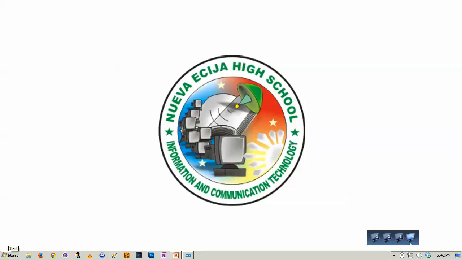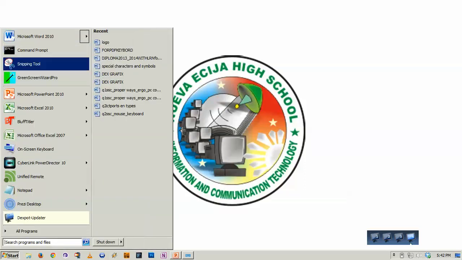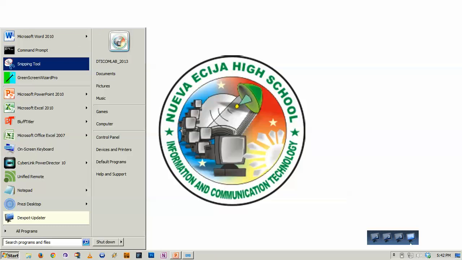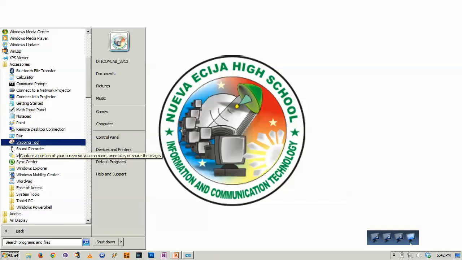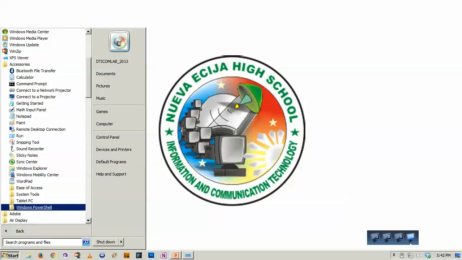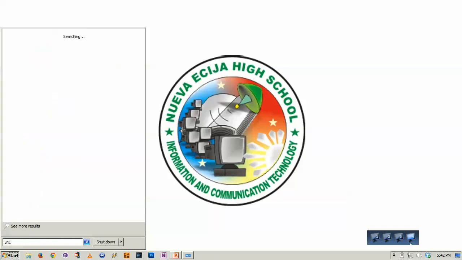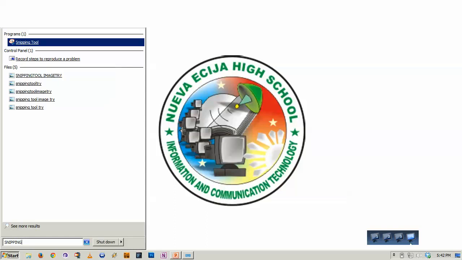You can find Snipping Tool from the Start menu. Now I have it here pinned on the pinned programs, but if you do not have it here, you can look for it at the All Programs. Just find the Accessories folder, and there it goes, Snipping Tool. But if you don't want to do that, you can always look for it on the search bar. Just type in snipping tool. So you just have to wait. Even though I did not finish the word, the suggestion appears. So I have to click this one.